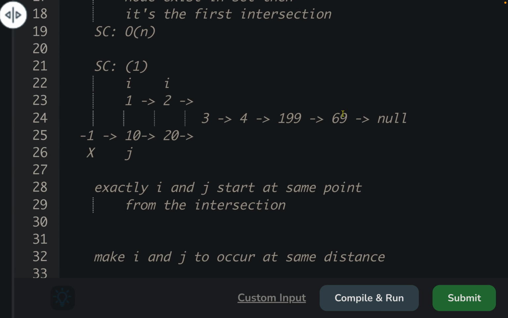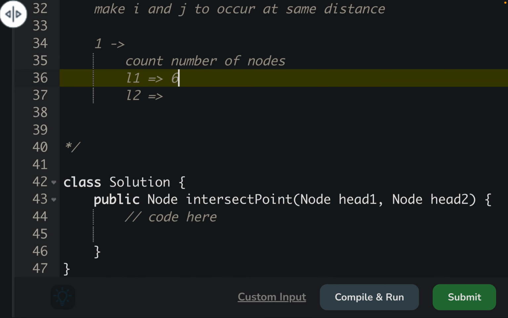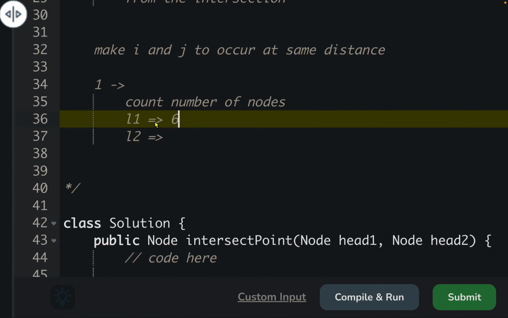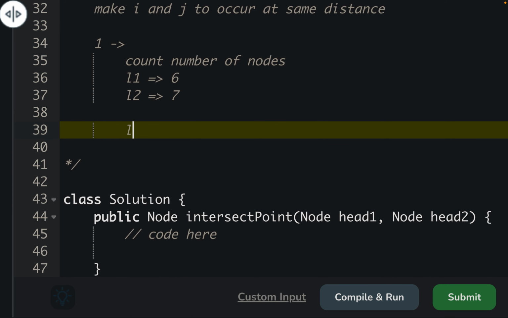So 1 2 3 4 5 6, count of list 1 is 6, next count is 7 because we just added 1, so 7. So we know that L2 has more